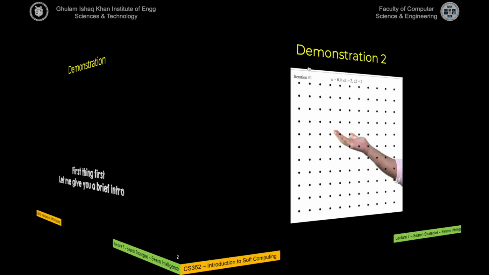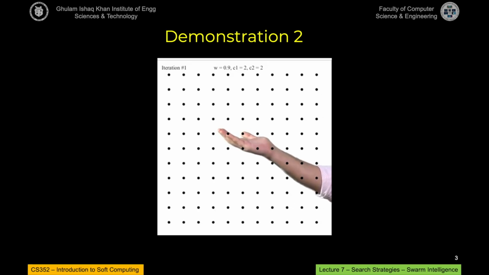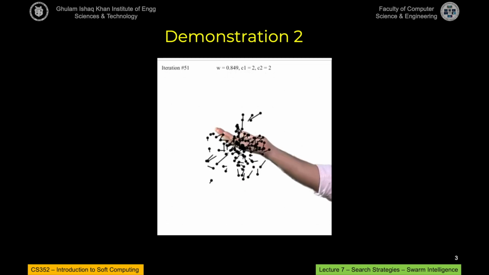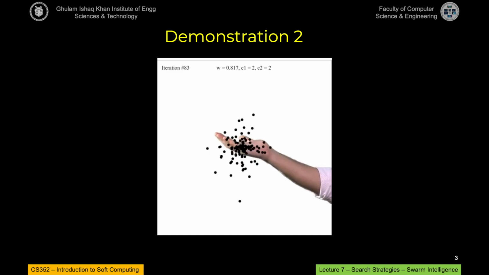It's not letting me go. Here it goes, and this is the demo. So let us look at the demo, which I've taken from the net, and what we see here is that there's a person who has generated some random points, and he wants all the points actually to